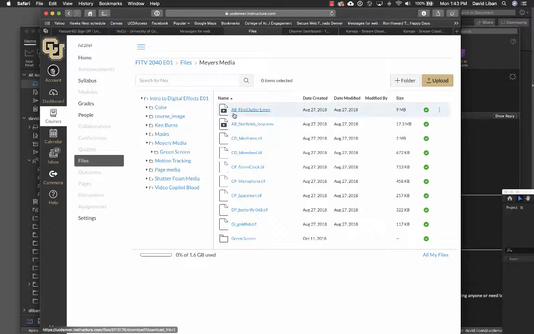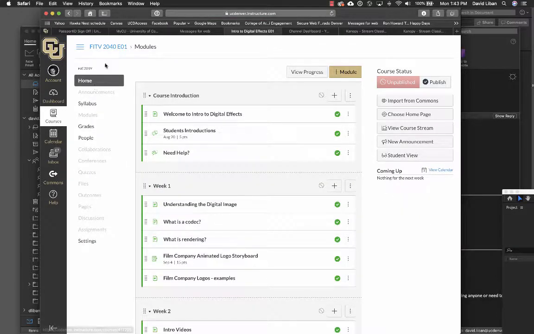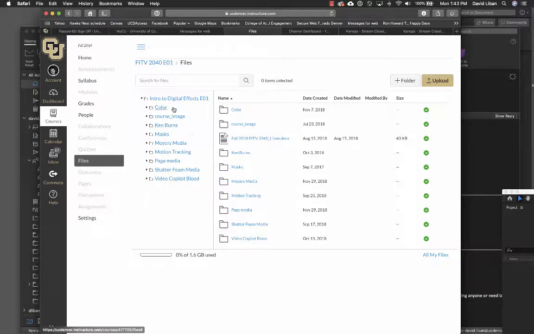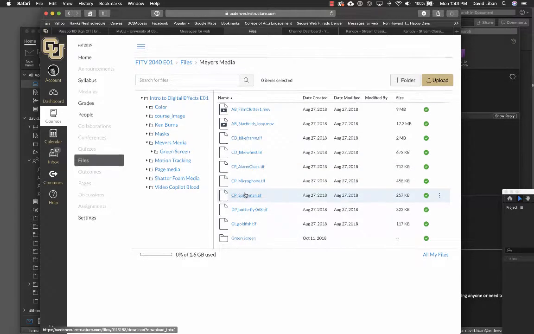Okay, the first thing I want you to do is go inside of Canvas and go to where it says Files. Let me go back, you'll see something that says Myers Media. And you have a bunch of other stuff in here that we're going to deal with at another time. But if you go into Myers Media, you'll notice that there's a bunch of things to download here that we